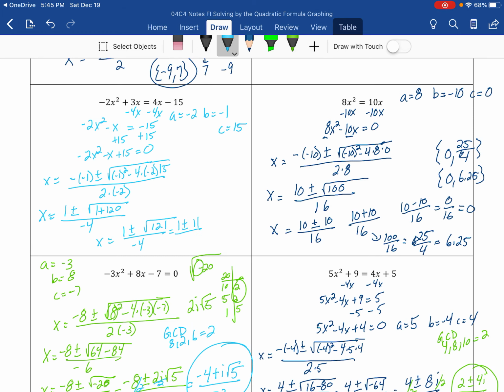This one here is nicely factorable. Square root of 121 is actually 11 over negative 4. I split it into two parts. I know it could be 1 plus 11 over 4, or it could be 1 minus 11 over 4. 1 plus 11 is 12 over 4, which is 3. 1 minus 11 is negative 10 over 4, which is negative 2.5. And those are my answers. X is going to be negative 2.5, comma,